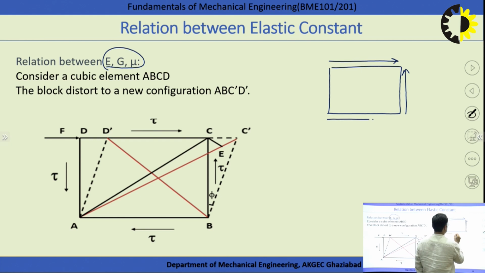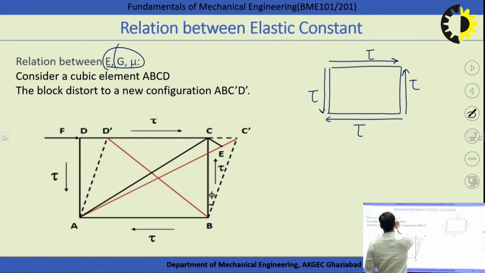If we are considering a square plate, or a square block, that is under pure shear, the meaning of pure shear is that only the shear stress acts over it. There is no normal stress acting over it. Because here we are developing the relation using the constant G, and G comes into the picture when we are talking about the shear stress. In the last case, we were interested in K, and K comes into the picture when we talk about the volumetric stress. So that is why the last derivation was based on the volumetric stress, and